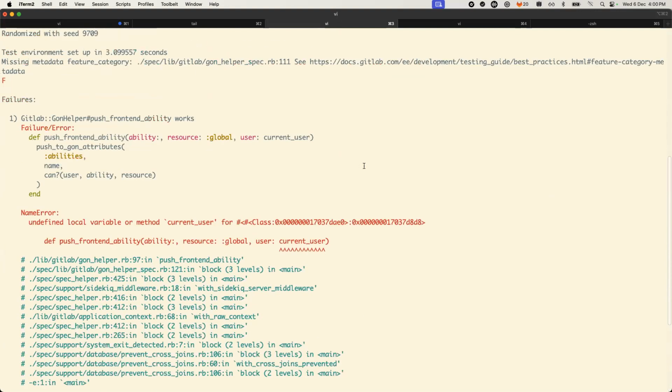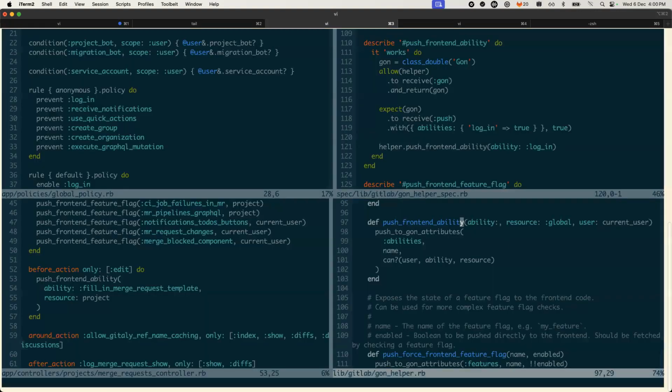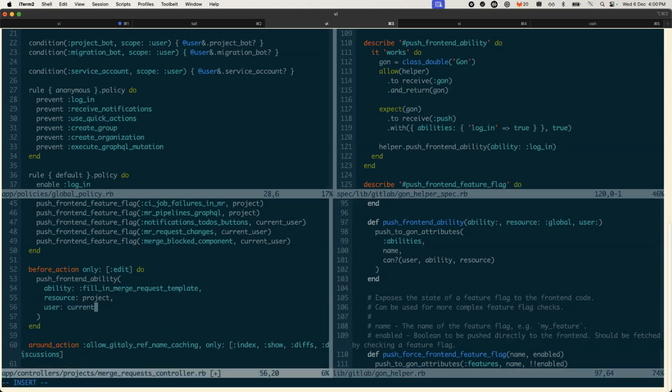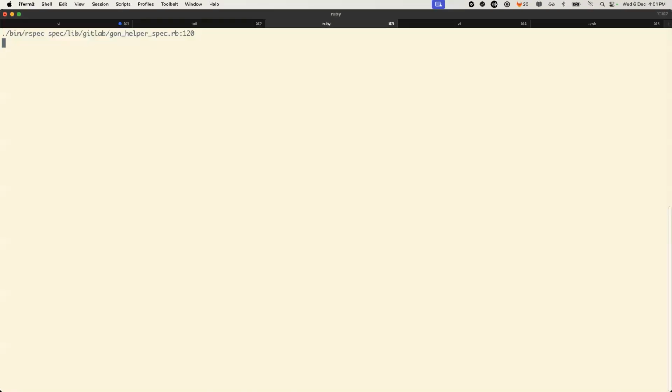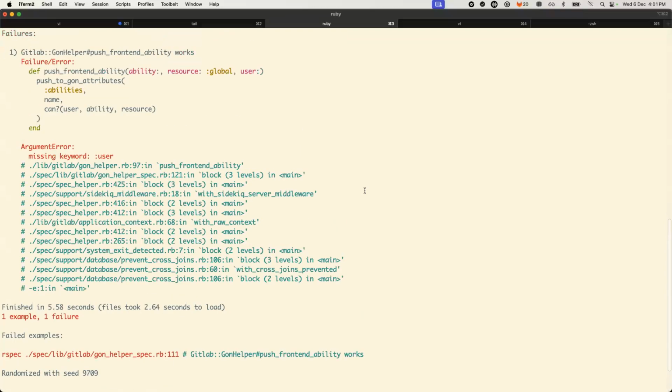Undefined variable method current user for a class. Oh, helpers don't know what current user is. Hmm. So we could do that. That's why it's always being added there in the push frontend feature flags. Yeah, makes sense. Okay. Wow, did testing just help us? Did we learn something through a test? Nice. We did it. Well, I don't know if it's gonna pass, but missing keyword